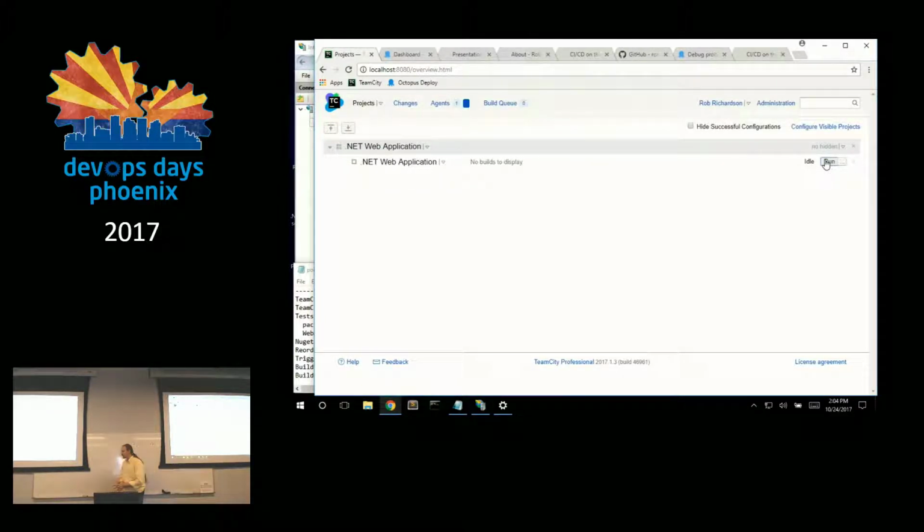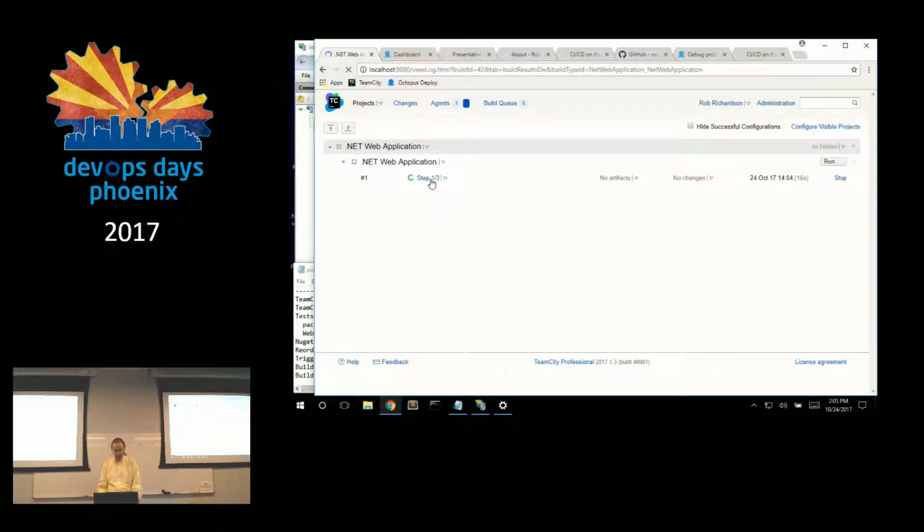Now this is what's really cool. We set up the Visual Studio build. We set up to run unit tests. We did a NuGet restore. We could optionally do other steps as well. In here, it's going to tell us, hey, I'm doing step 1 of 3, and it'll show us that build